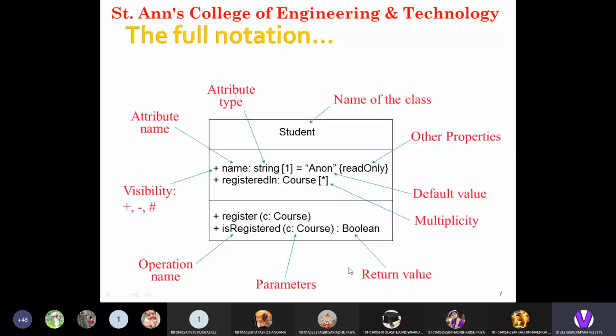A class is a group of objects that share common properties, attributes, operations, and relationships among them. A class can be implemented by using one or more interfaces. A class can be rendered as a rectangle with three compartments. The first compartment shows the name of the class, the second compartment shows the attributes of the class, and the third compartment shows the operations of the class. These are the notations we have to follow in class diagrams in the UML language.